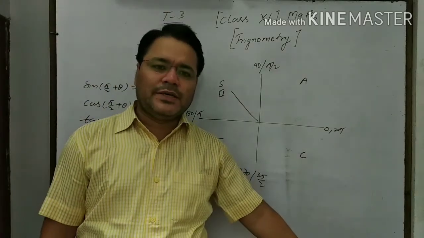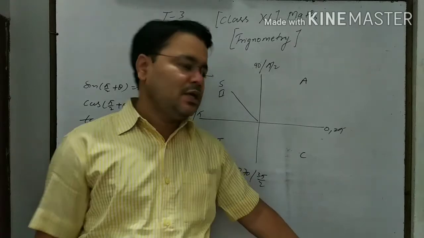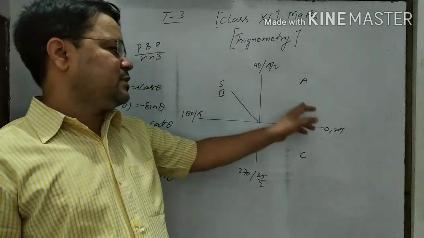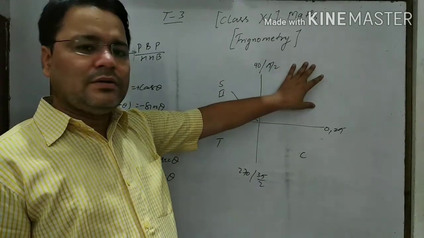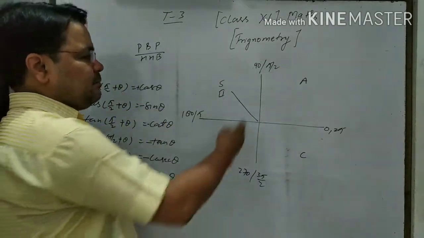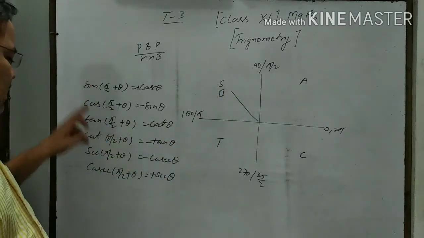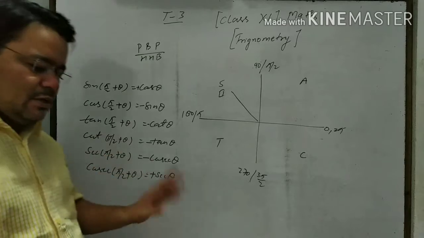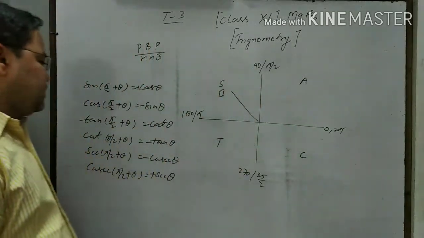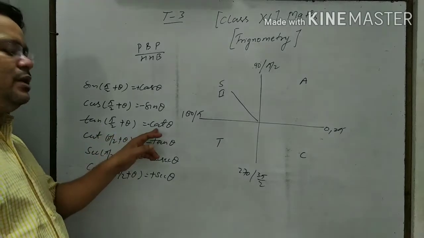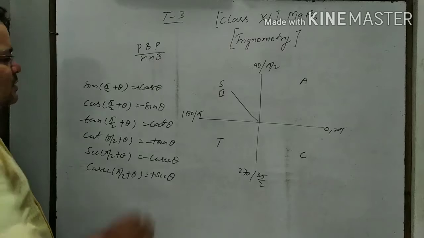If you want to remember it, it is very easy if you follow a concept like this. For 90 minus theta, it is the first quadrant, so all values will be positive. For 90 plus theta, meaning pi by 2 plus theta, only sine and cosec will be positive and the others will be negative. Just like tan of pi by 2 plus theta will be minus cot theta. But at the place of theta,